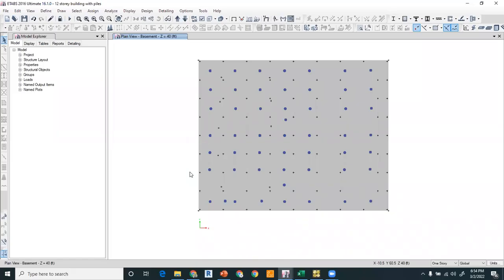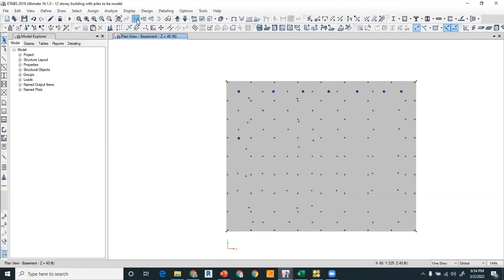For example, if the length of the pile is 40 feet and you divide it into 1 foot segments, it will be fine, but if you divide it into 6 inches or 5 inches, it will become a lot of pile segments, and you have to assign springs to all the segments, and it may take 3 or 4 hours to analyze this model, right? So this is the model in which I have distributed these 50 piles equally,